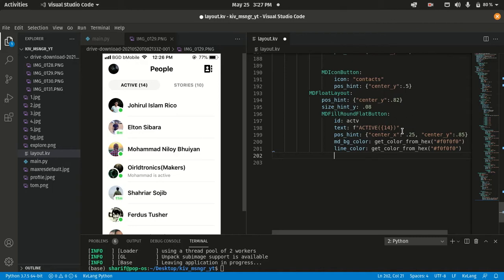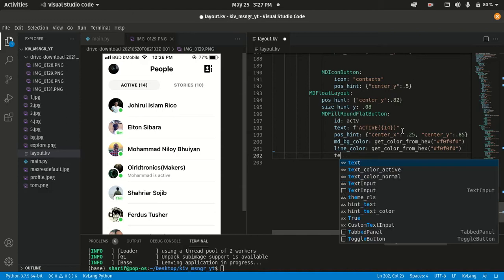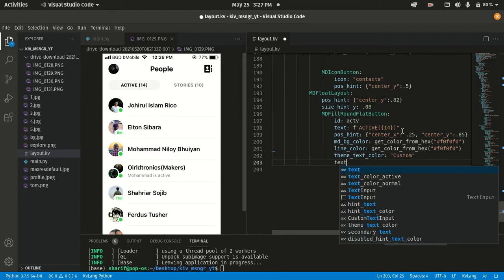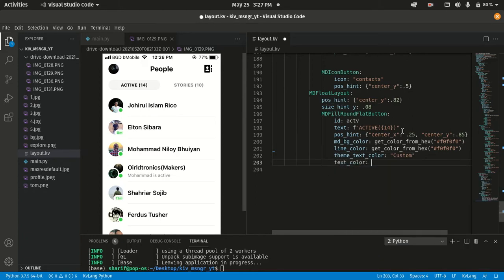After that, I'm going to set the text color, and this text color will be custom, so I need to declare it. And then I'm going to set the color as black. Okay, okay guys,